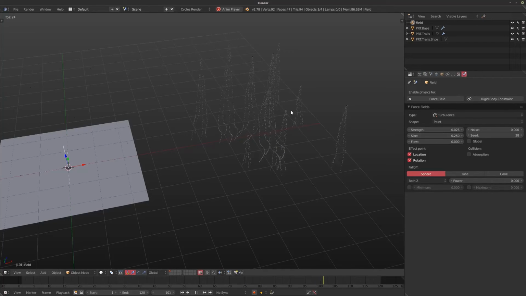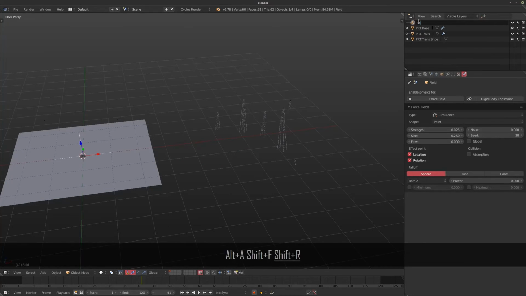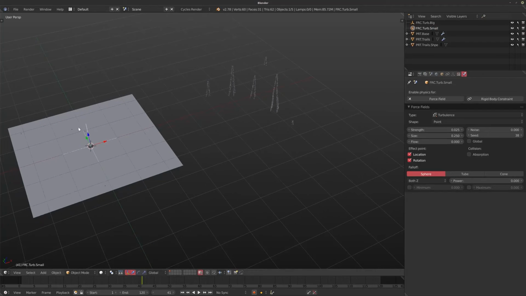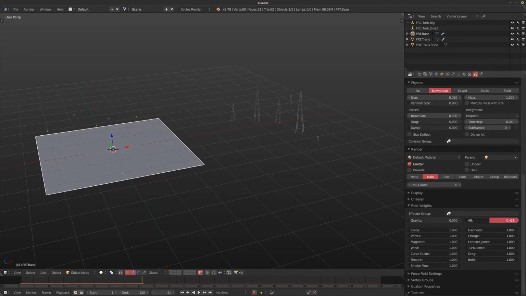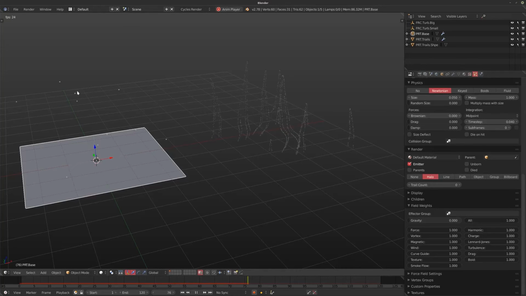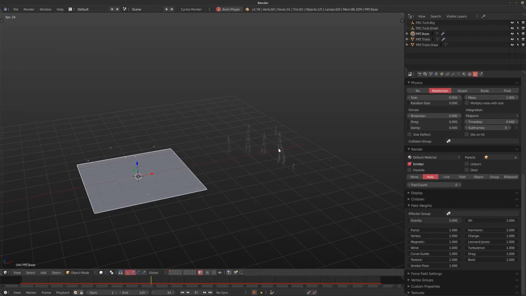So now we're getting sort of interesting looking results, but I want a little bit more variation. So I'm going to call this one force turbulence big. Now when I duplicate that, I'm going to call this one small. And remember, our original particle system isn't being affected by this turbulence because we have the field weights turned all the way down. So if I were to turn this one up, you'll see that the original particle systems themselves are also moving just a little bit. If you look over here, I hope it's clear enough in the recording. You can see they're moving over just a little bit as well. So now we get turbulence on both particle systems.